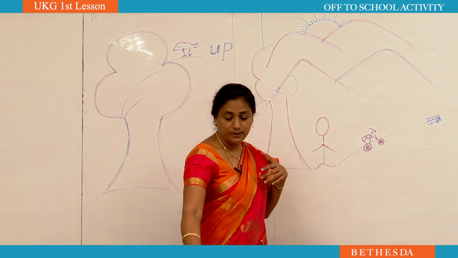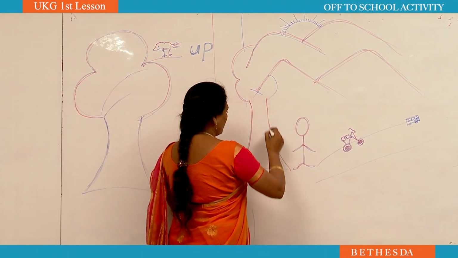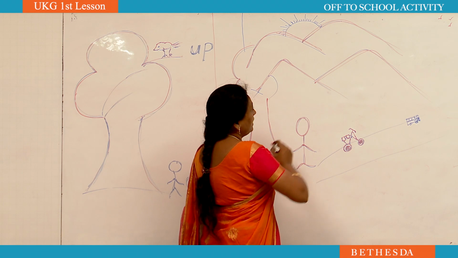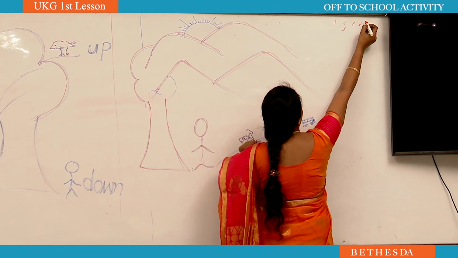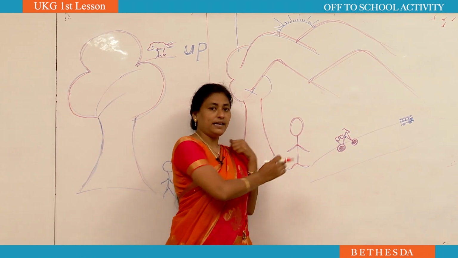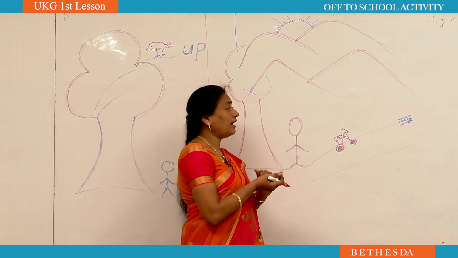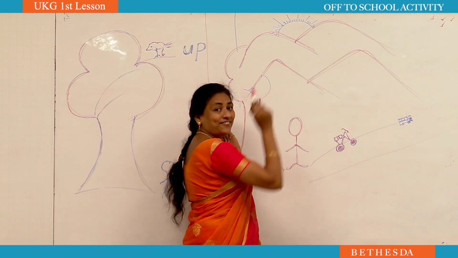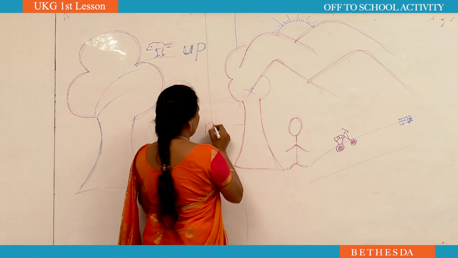In the same way, now you have to see this whiteboard, Nana. If you see this whiteboard, you can see here there is a tree. And you can see there are the birds. In this picture, these are the birds, Nana. This tree is near to me. Which are far, Nana? You can see that birds are far. This tree is near to teacher.